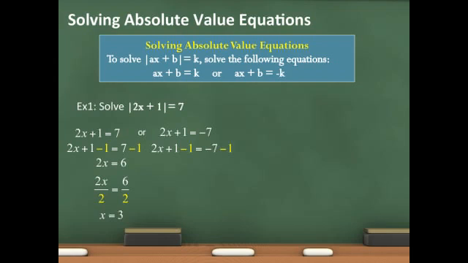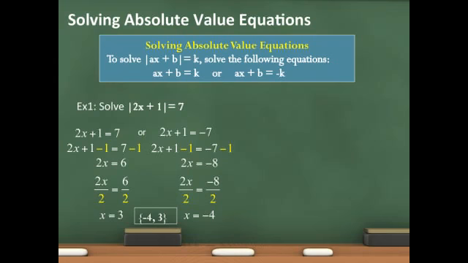For the second equation, again, we start by subtracting 1 from both sides. Again, we divide by 2. This time we get x equals negative 4. Therefore, we have two solutions, negative 4 and 3. Note that you can check your solutions by substituting them back into the original equation to see if you get